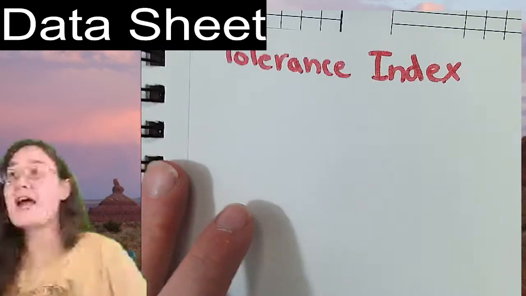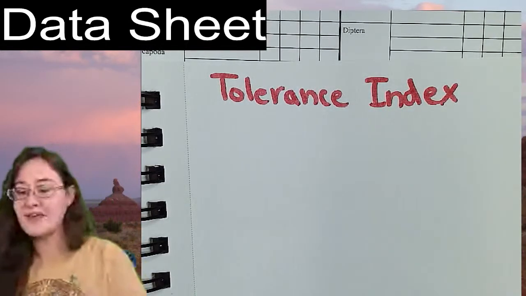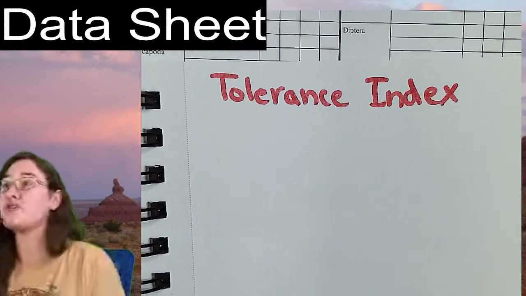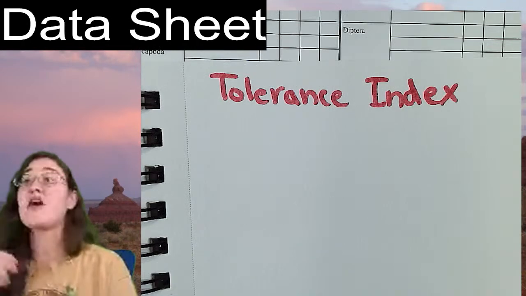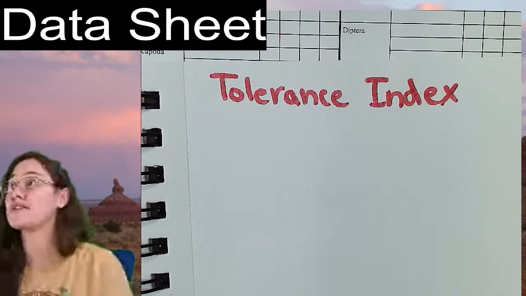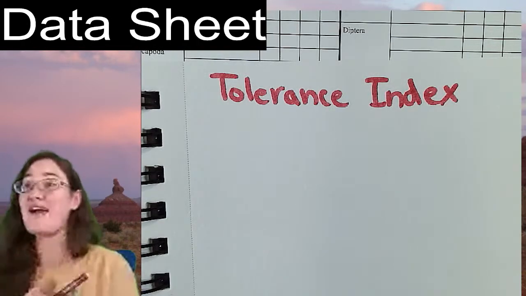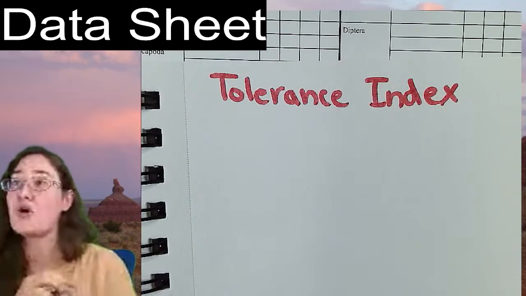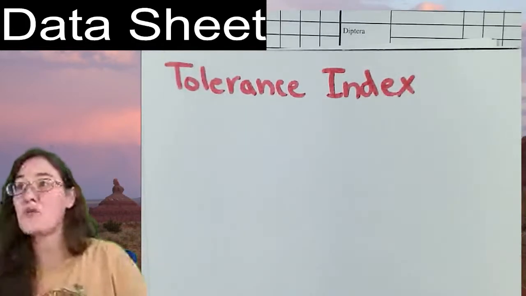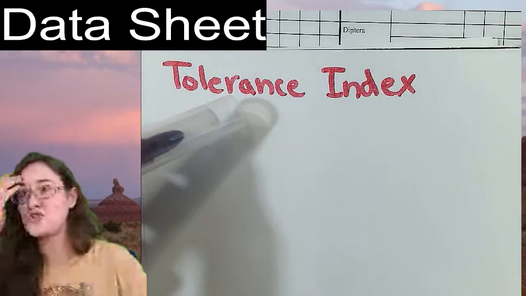Now, the tolerance index is one that I like because you do end up with a number that you can say poor, fair, good, or excellent. All right, so this one, after you get your number, you can have a score or a rating for your stream. Your tolerance index, what you're going to do for this is you want all of your lists,